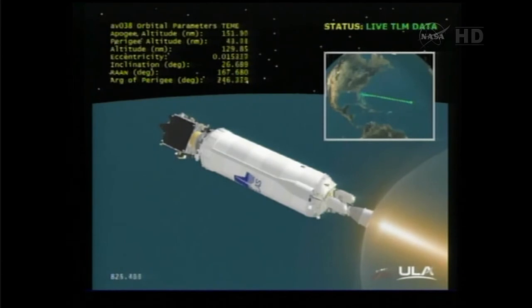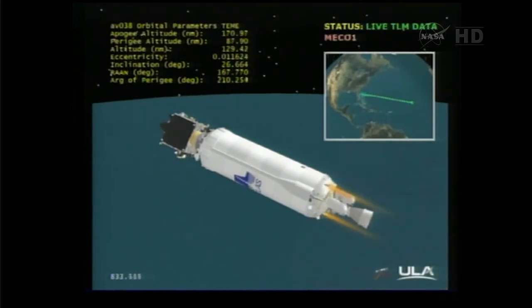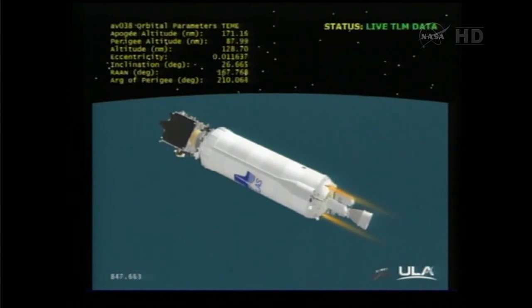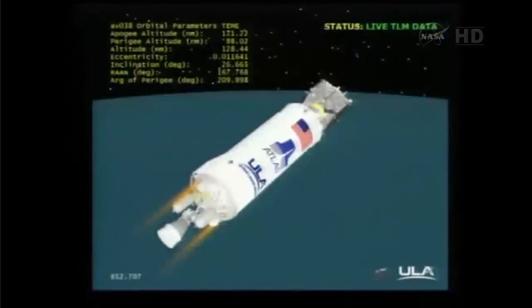Open loop on PU, locked, and MECO. We have cutoff. Cutoff time right as expected. Everything looks good. 4S settling thrusters are on. And we are beginning to reorient to our PTC attitude and starting our PTC roll. And we are actively controlling